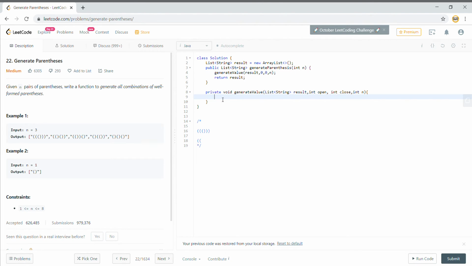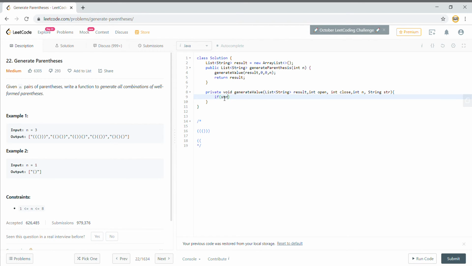Next we have to populate the result. When will we populate the result? The result will be populated when we have n pairs of brackets. I think we need one more thing, and that is a string, which we use to build the string that we will add to the list.